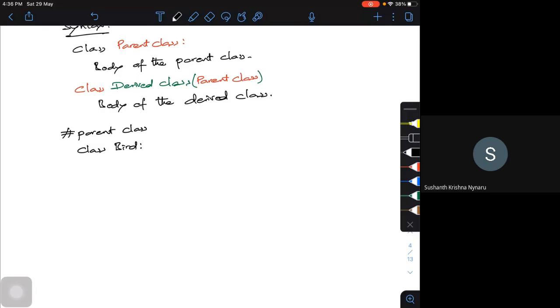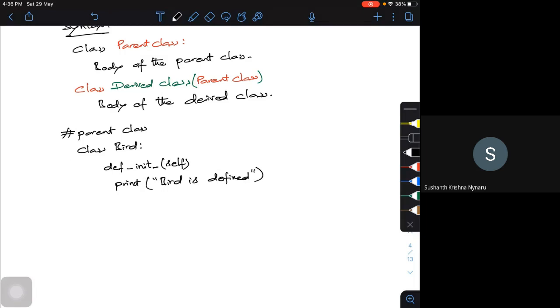I'm going to use the definition init, not defining anything, using only self. Now let me print that bird is defined, something I want to get a printout.